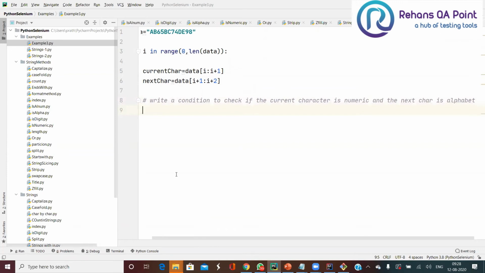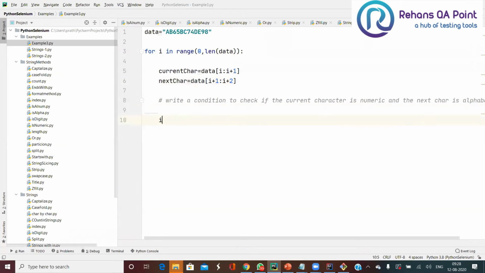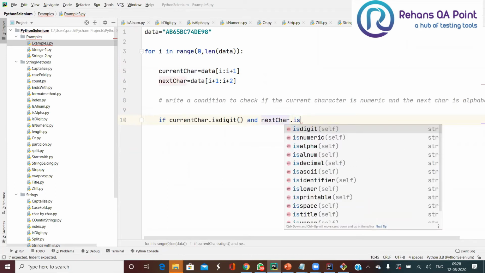Let us see whether we can write it or not. Yesterday I told you a method called isnumeric or isdigit. Use that. So if current char dot isdigit and next char dot isalpha,